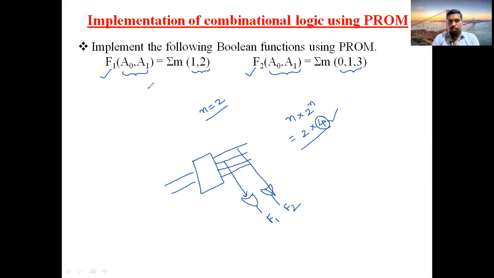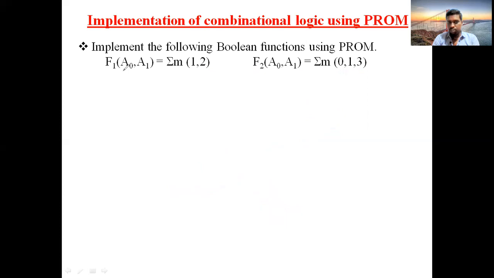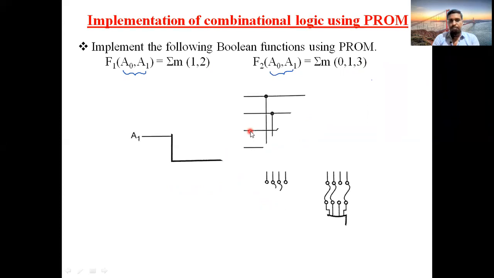Okay. So remember that first, you need to find out which decoder is to be used. For the given problem, which decoder is to be used, that is to be identified. By seeing the expressions clearly, it is saying that the input value n is equal to 2. Therefore, substitute n equal to 2 in the decoder representation, then you will get 2 cross 4 as your appropriate decoder. Okay, so draw a 2:4 decoder.